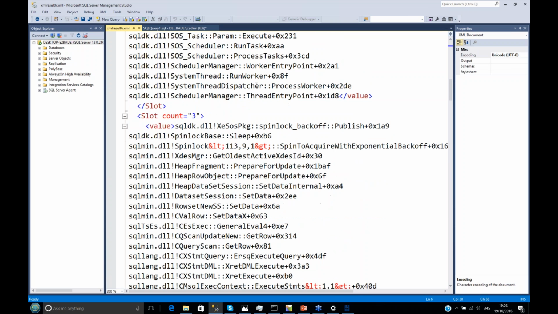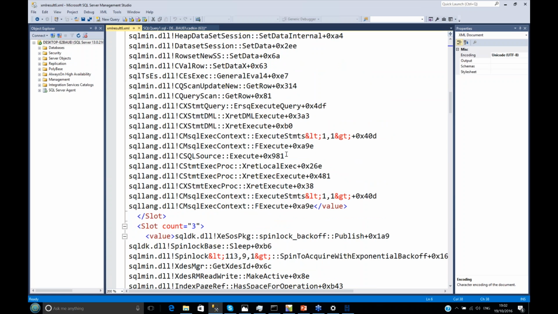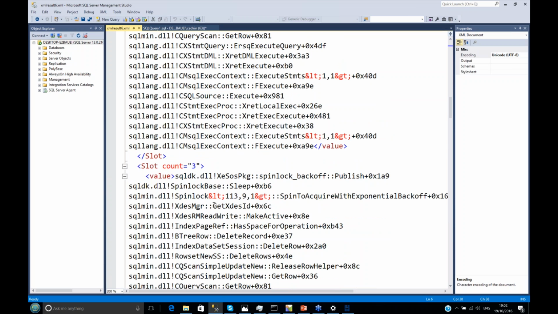So get all this active XDES ID. Okay, so get XDES ID. So it's removing transactions and it's getting this XDES ID. What this XDES ID is, it's a structure associated with the transaction ID. So what this is, with the